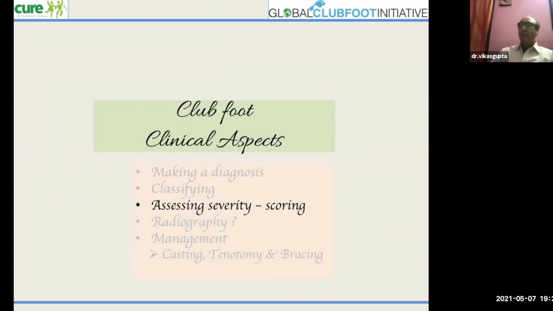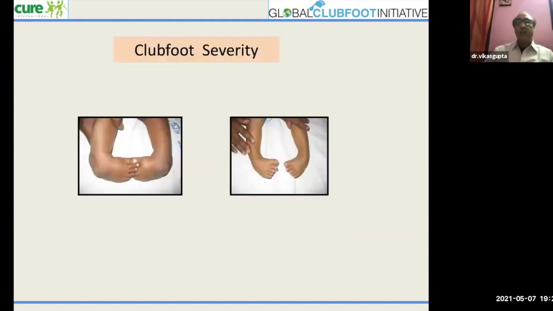Now, assessing severity. Why do we need to assess severity? Why do we need to score it? If we have diabetes, we also see whether it is severe diabetes or mild to moderate diabetes. We should like to know the blood sugar level. Similar is the case here. Both these feet have clubfoot deformity, and I think by visual inspection one can say